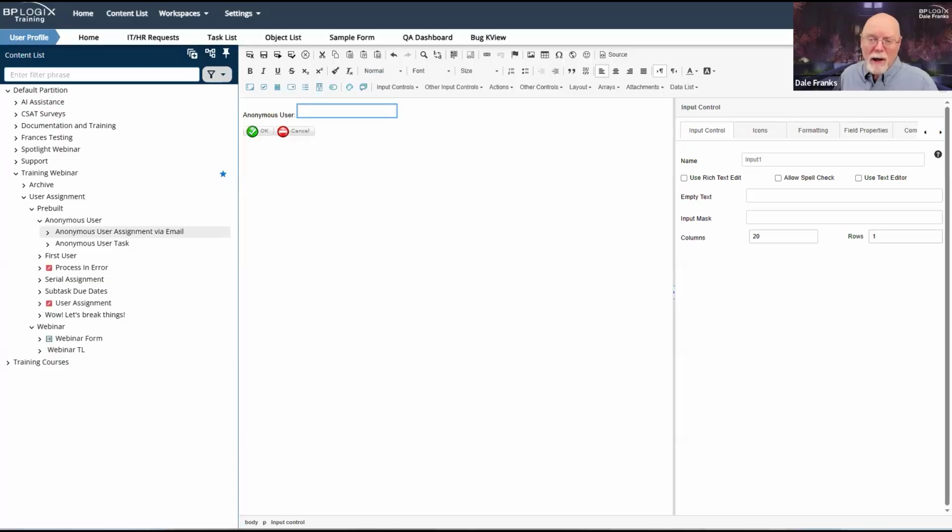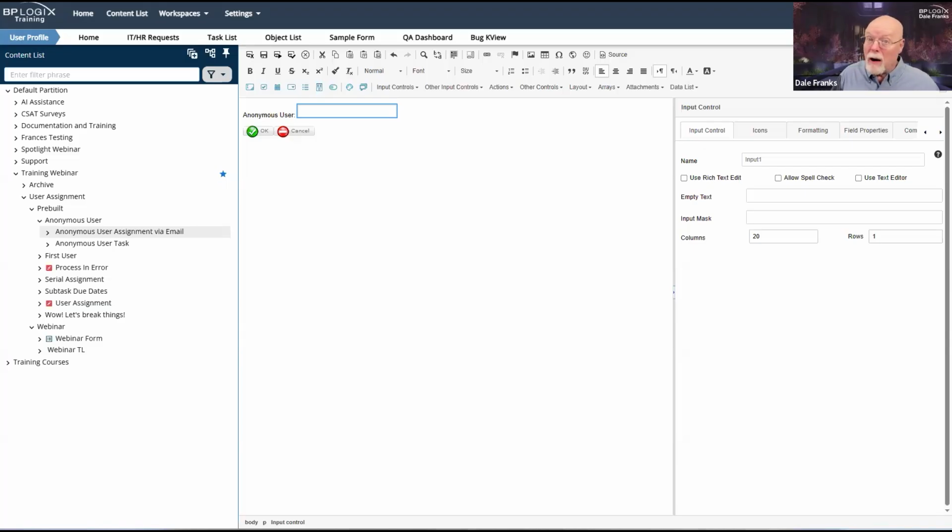As I said, normally you wouldn't do that. Normally you would live with just run permission on a form. And in the normal course of events, you would only have that user access the form whenever you assigned them a task.